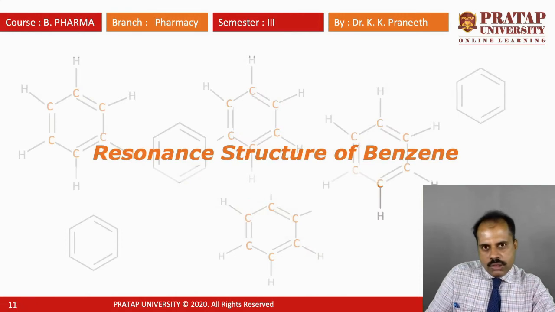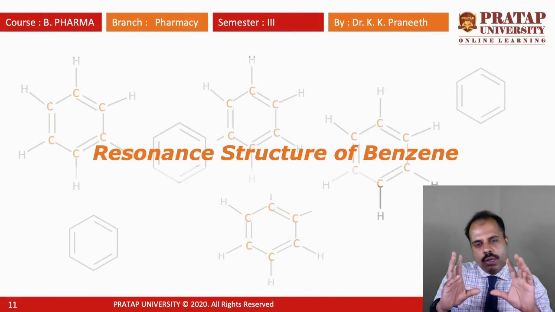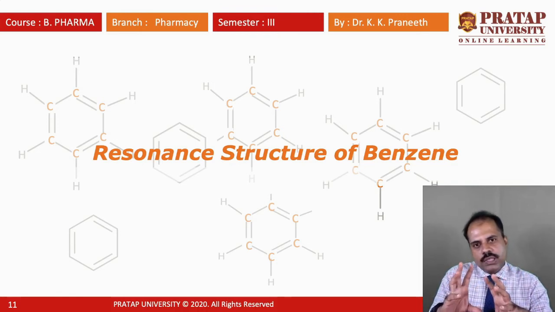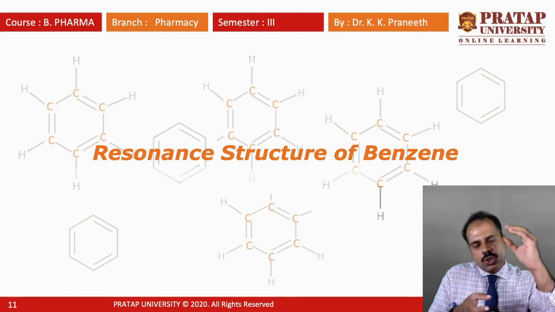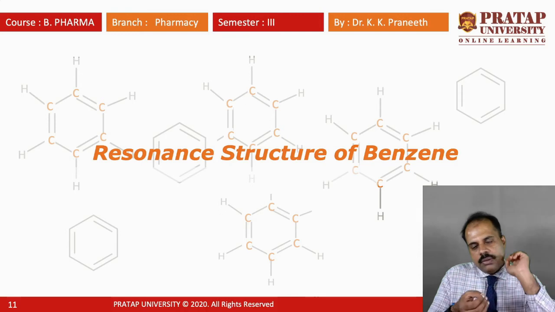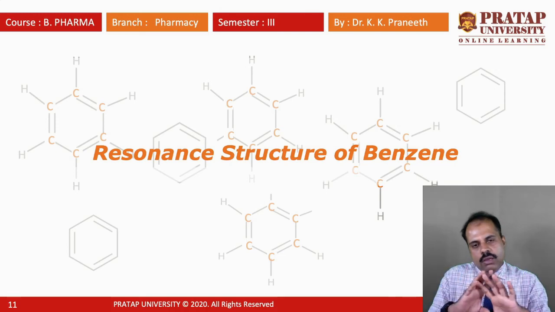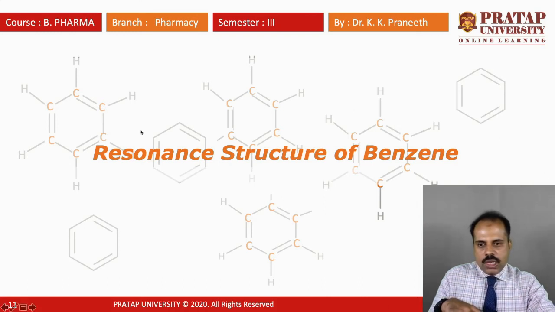So we have so far seen how to draw the orbital picture of benzene using the hybrid orbital. In the case of benzene, it is called the sp2 hybridized orbital. This sp2 hybridized orbital forms sigma bonds, and there is also a pz orbital which contains one electron, and this can form the double bond. So totally, using this hybridization process, the complete structure of benzene is created through the overlap of the orbitals. Now let's move on to the second topic of this lecture, that is the resonance structure of benzene.